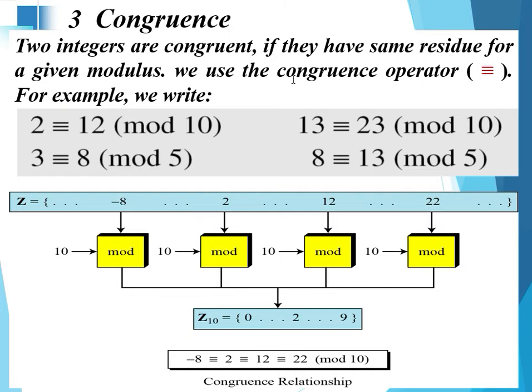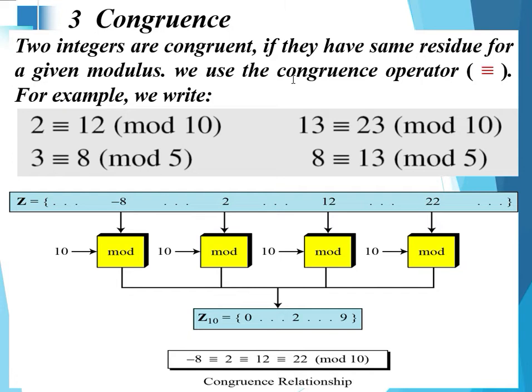If you want to see how we perform the modulo operation, you can watch our previous video, in which we explain how we perform the modulo operation. Similarly, if we take another example, 22 mod 10, what is the solution? And so on. In modular arithmetic, integers like 2, 12, 22 are called congruent mod 10.